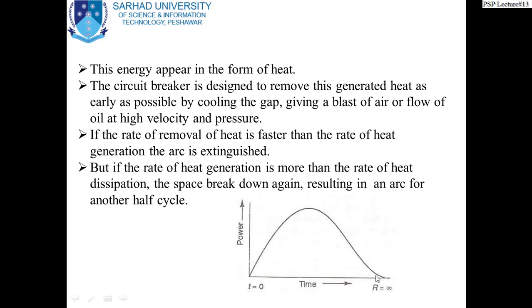Now in this particular instant of 0.01 second, two phenomena are taking place simultaneously. One is heat generated, because at the start of this moment the power is zero, the heat is zero, and at the end of this moment the power is again zero, it means heat is zero. But in between the two, the heat generation increases, reaches a maximum, and then of course falls naturally to zero. So heat is generated.